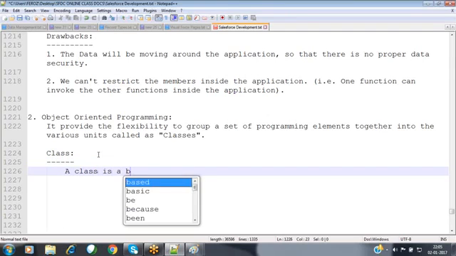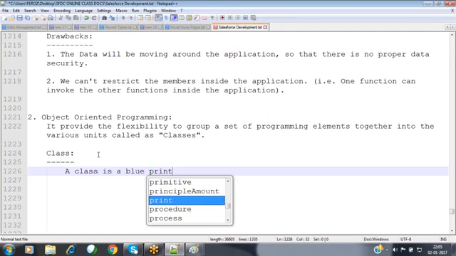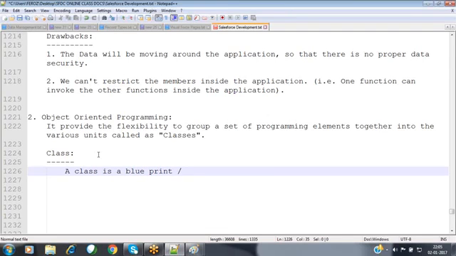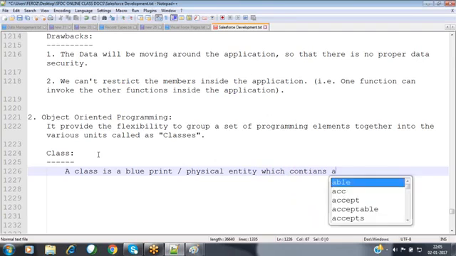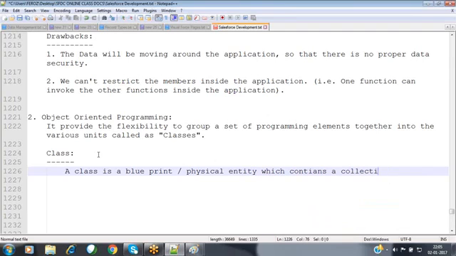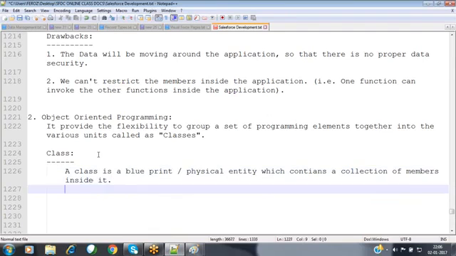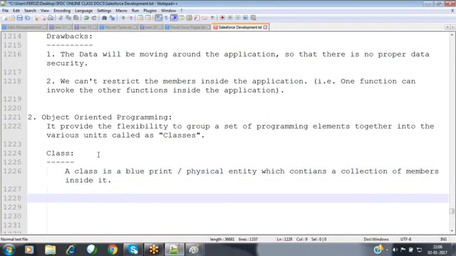A class is a blueprint or a physical entity which contains a collection of members inside it.